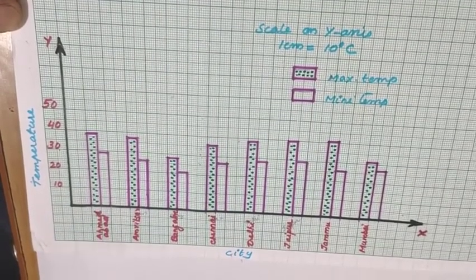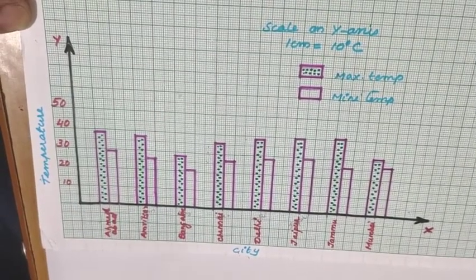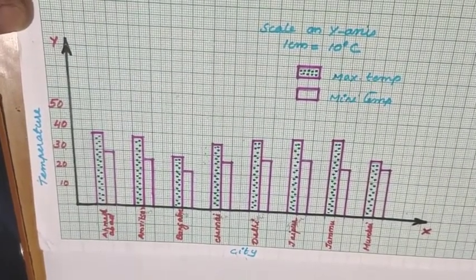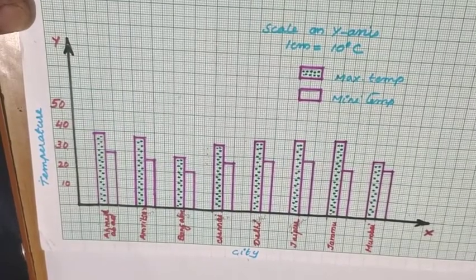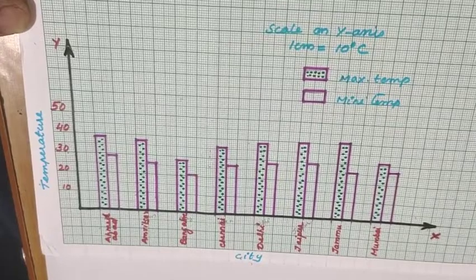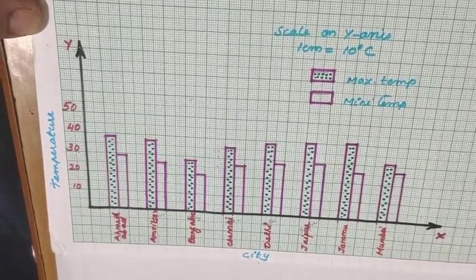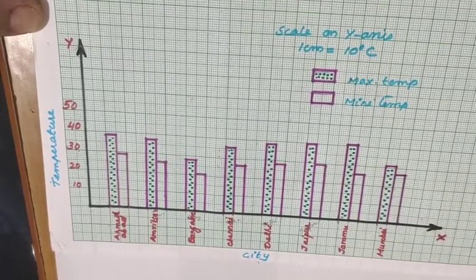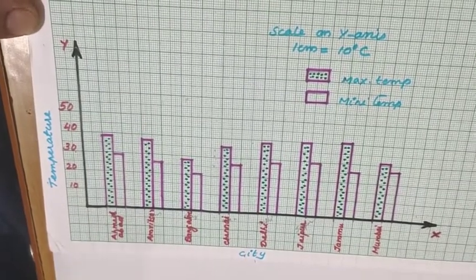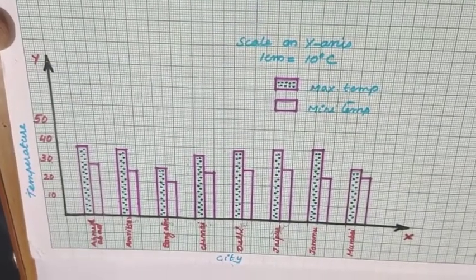Once you have completed the bar graph, paste the graph sheet in your homework copy against the corresponding questions. Each question should have one graph, so that graph should be pasted then and there. The first and second questions are reading only, since the graph is given in the textbook, nothing to worry about. From the third question onwards you have to draw the graph. After drawing the graph, take out the pages, cut neatly and paste in your homework copy.